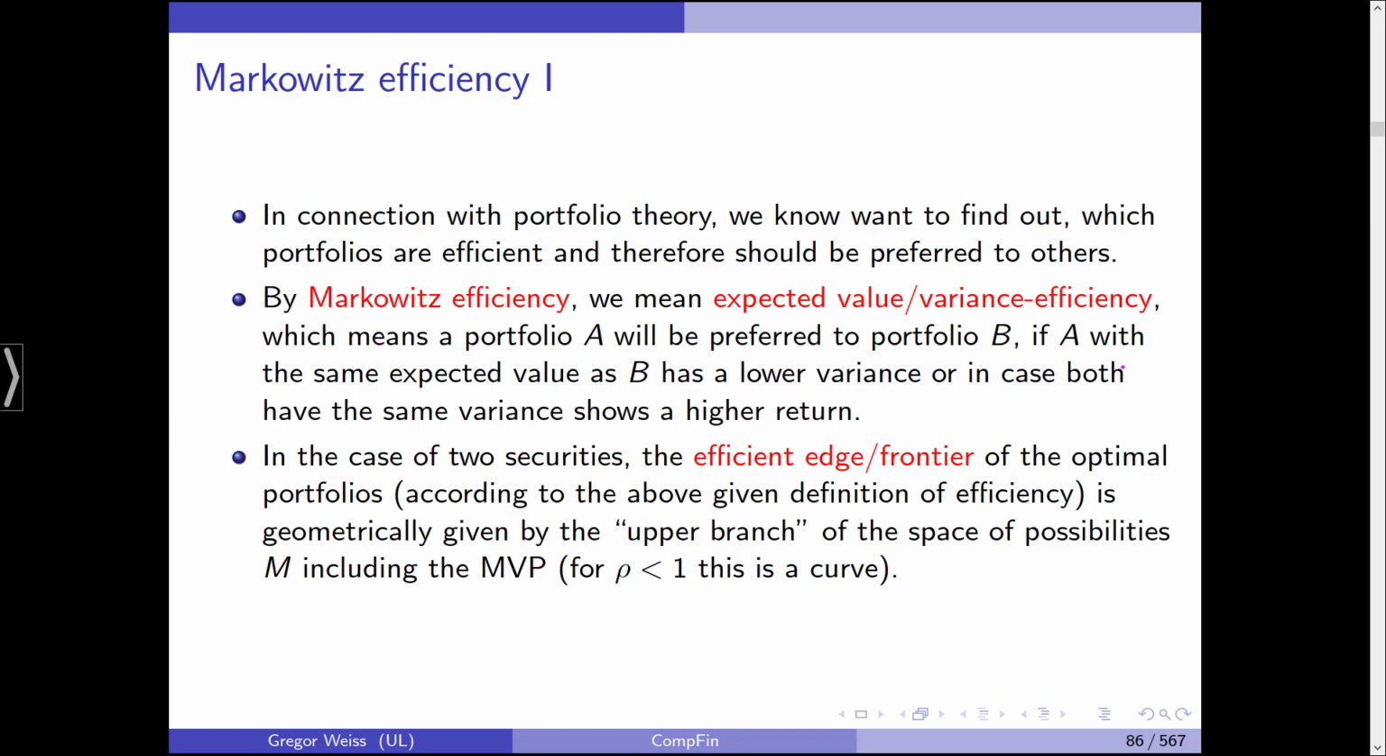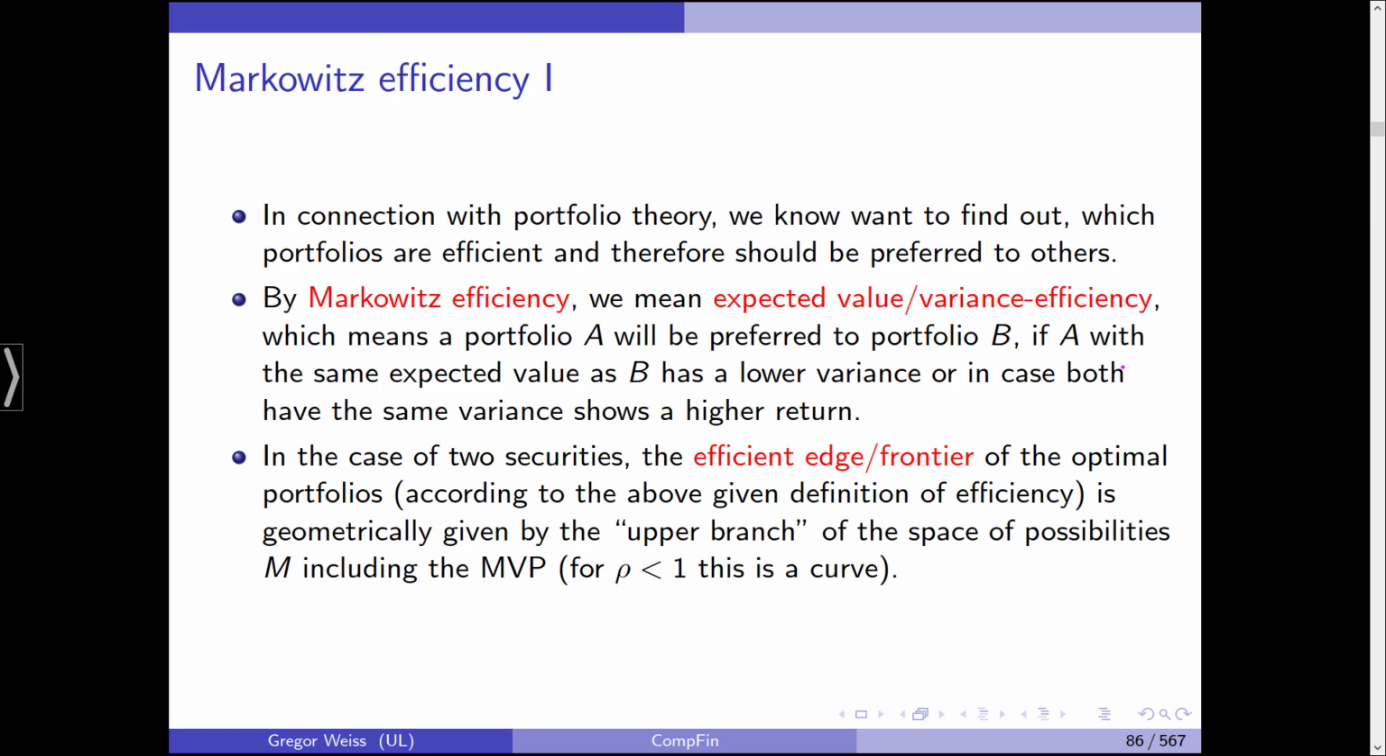So this is Markowitz efficiency in this context, and by that we mean the expected value variance efficiency, which means if we are given two portfolios, A and B, we will prefer A to portfolio B if A has the same expected return as B and a lower variance, or in case both have the same variance, it has a higher expected return. So our two metrics are, again, as in the previous videos, expected return, the expected value of